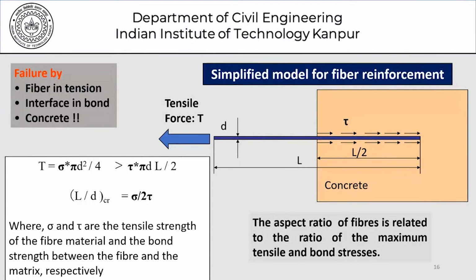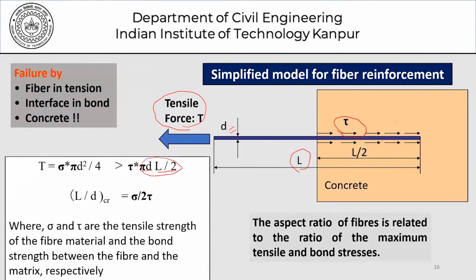So moving forward, here is a typical illustration of failure of a fiber when it is embedded in a matrix. What we're talking of here is a fiber of length L embedded in the matrix to the extent of half, that is L by 2 is buried, and we try to pull it out by applying a tensile force T. Now how is this tensile force going to be resisted? It will be resisted by mobilization of a bond stress between the fiber and the matrix over this L by 2 length, and if D was the diameter of the fiber, then pi times D times L by 2 would